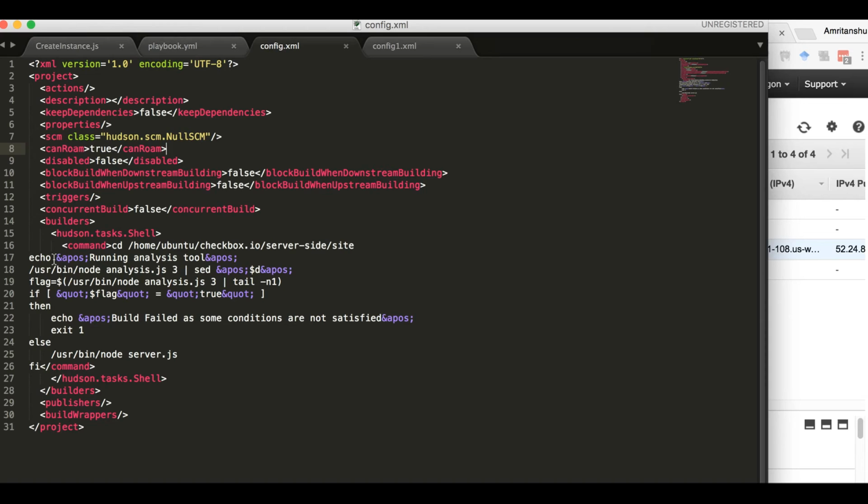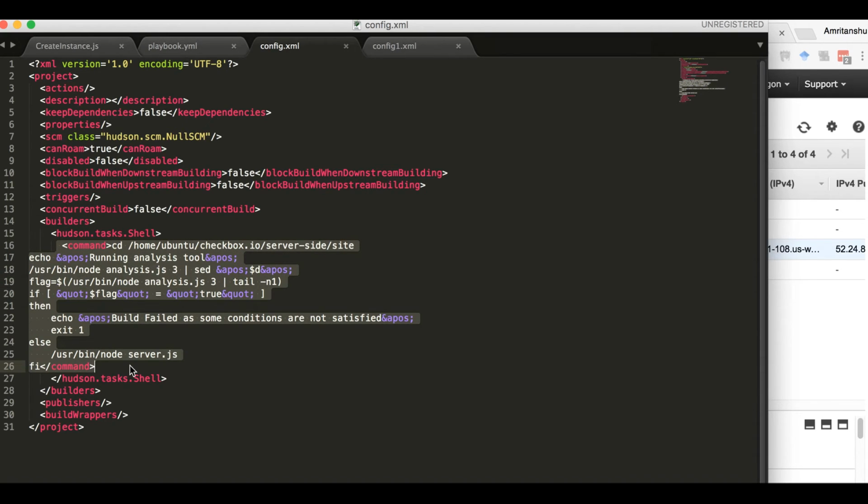I'm running a node analysis tool. This is the parameter which it talks about. This tells that we need to take into consideration Big O greater than or equal to 3. So for this condition, for job 1, this build will fail since it's saying this thing, and this is done